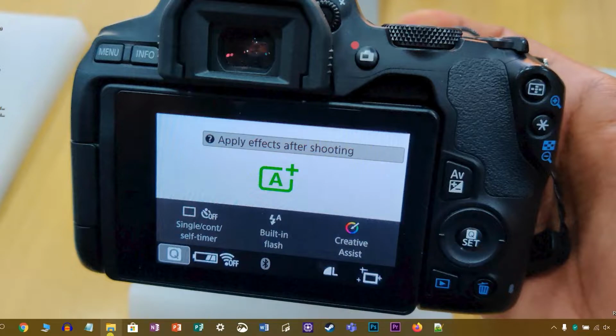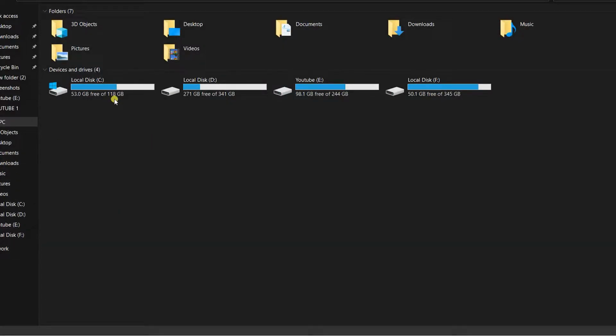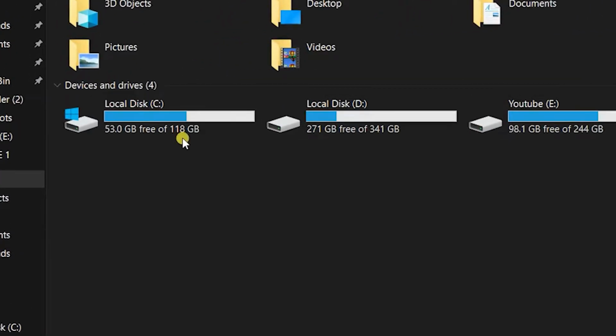For this process, you don't need to install any software on your system. Just follow the steps I am showing. Open My PC or My Computer; the name differs from laptop to PC. There you can select the C disk, where all Windows update files as well as the programs are installed by default.